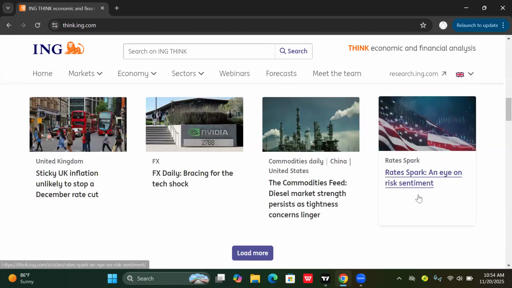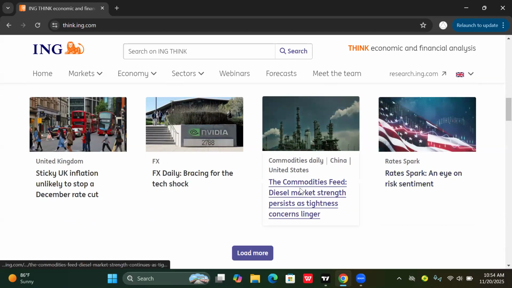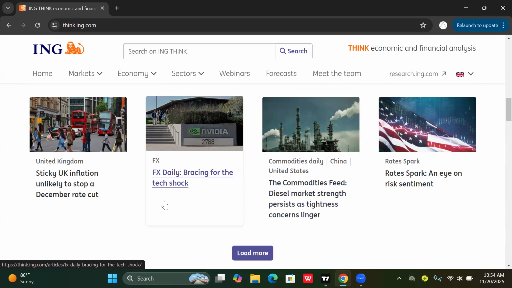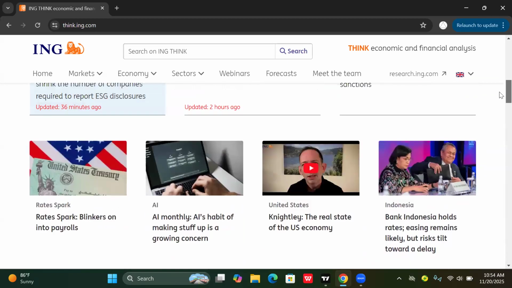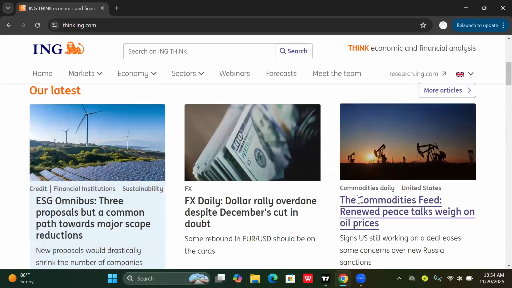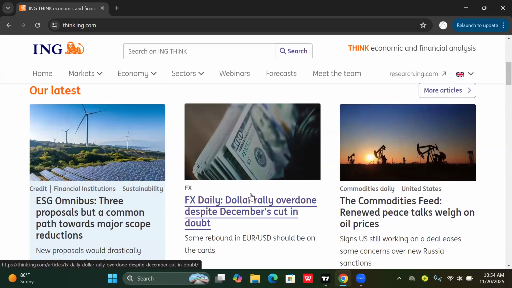Rates Spark: an eye on the risk sentiment. Okay. Commodities Feed: diesel market strength persists as tightness concerns linger. FX Daily: bracing for shock. This was yesterday, and this is the current news here. It says, this is from FX Daily, dollar rally overdone despite December's cut,